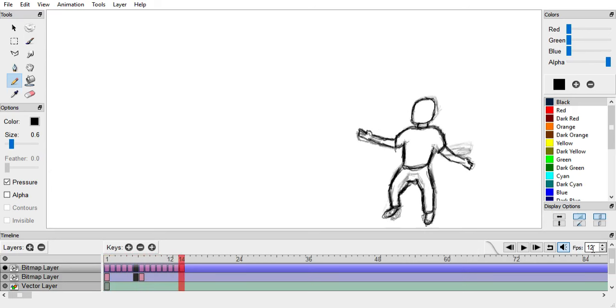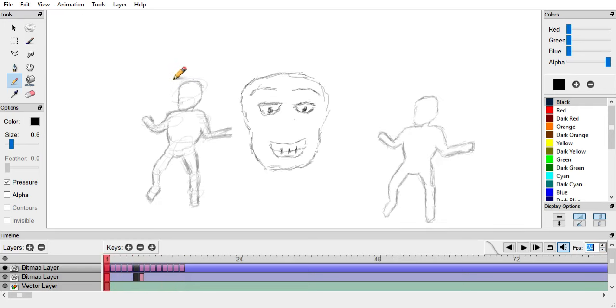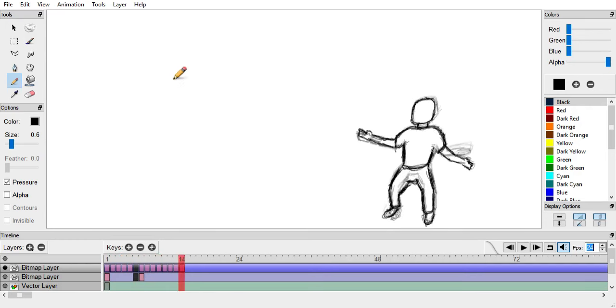That's at 12 frames per second. Most animations, I think, are at like 24, 25 frames per second. Let's go with 24. That's an exact double of what we had before. Let's see what that looks like. So that's how fast it plays. Whoa! We got what? 14 drawings done so far. Let's move on to the next one.